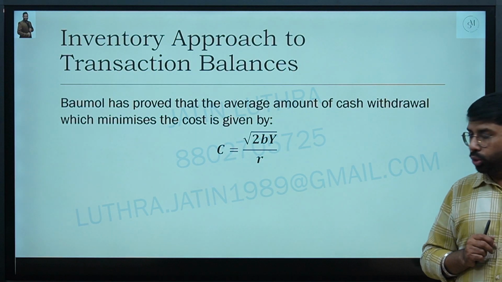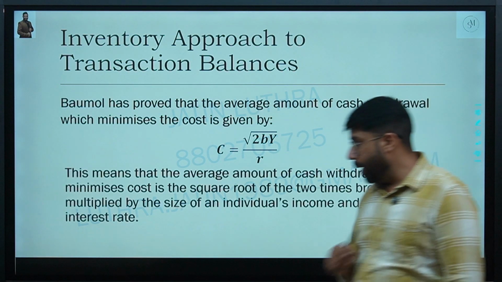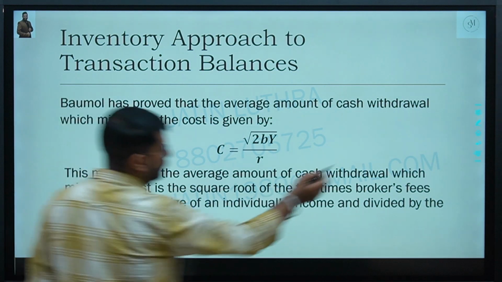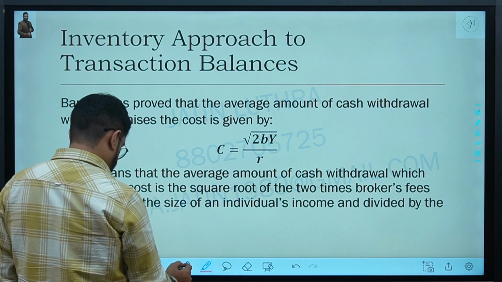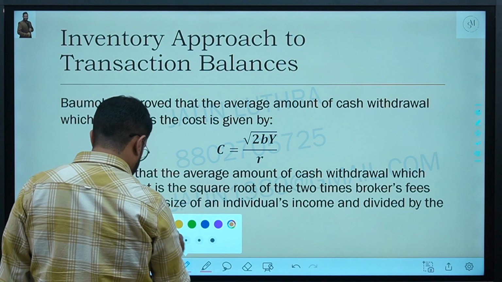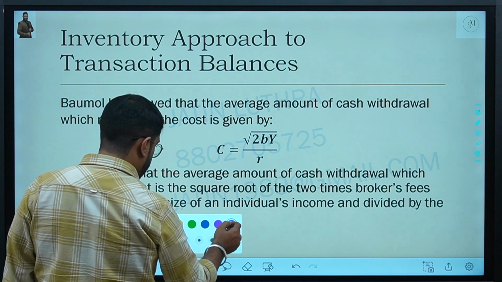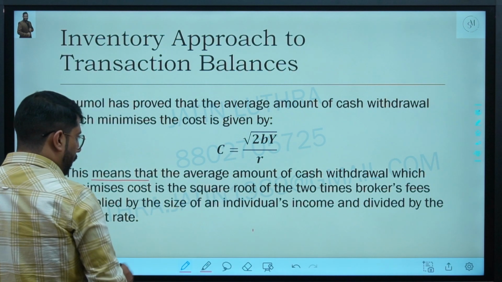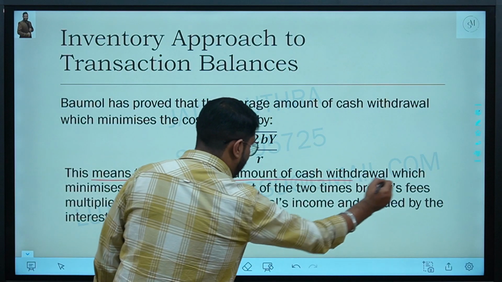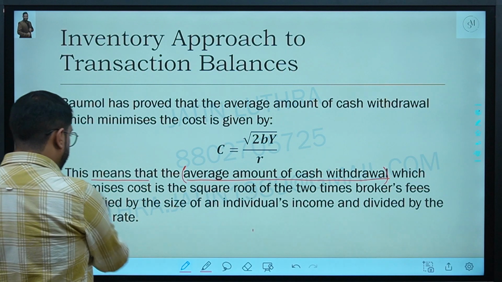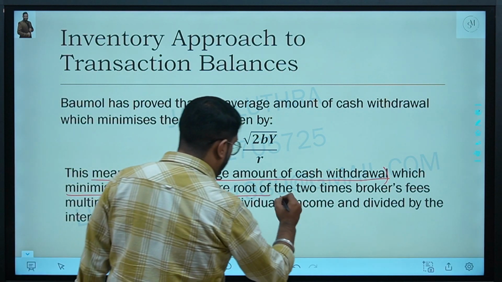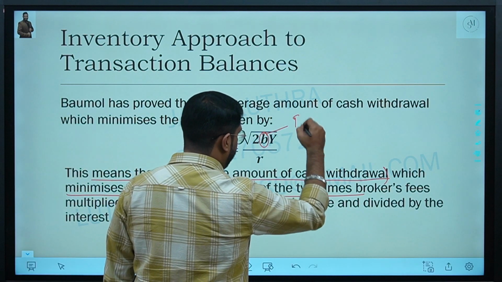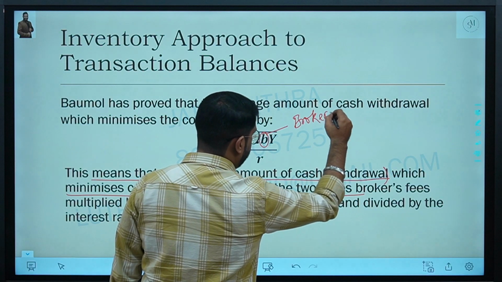C equals under root 2BY upon R, where this means that the average amount of cash withdrawal which minimizes cost is the square root of 2 times broker's fees. It means B here is the brokerage,